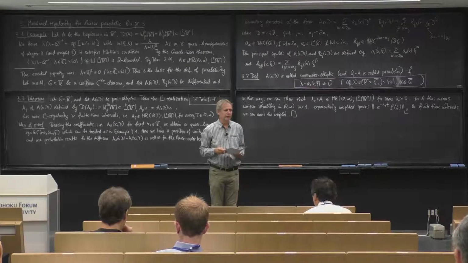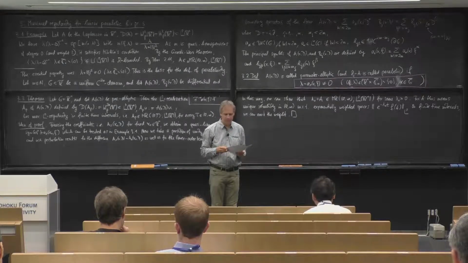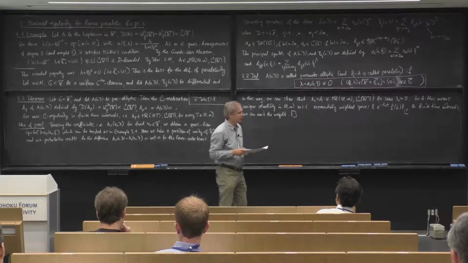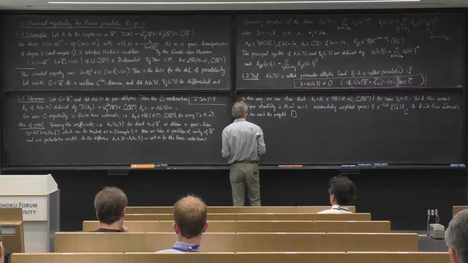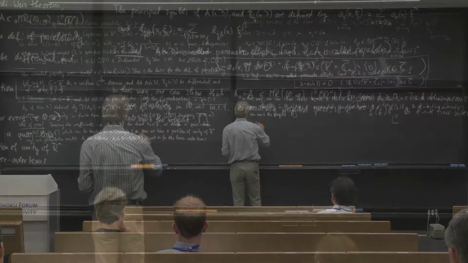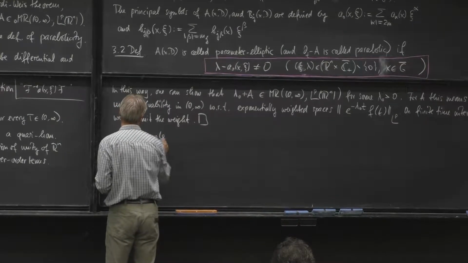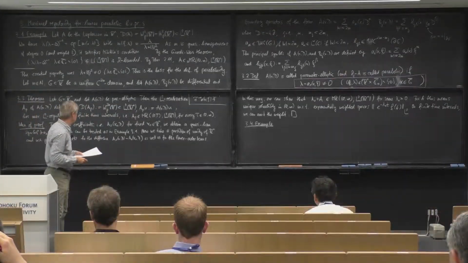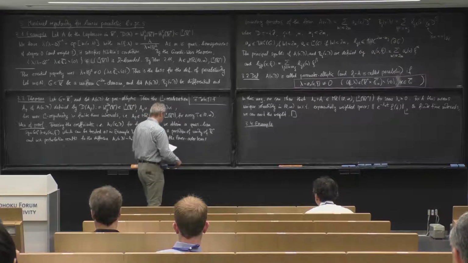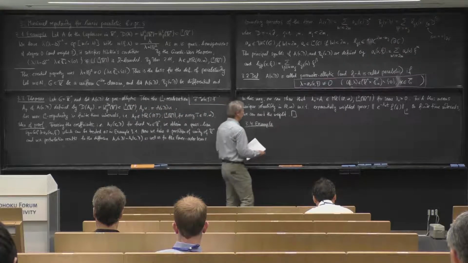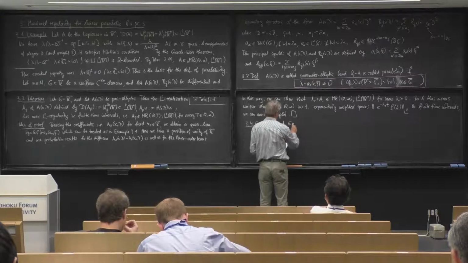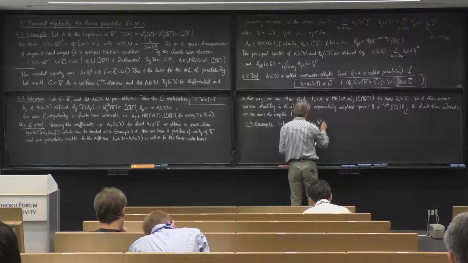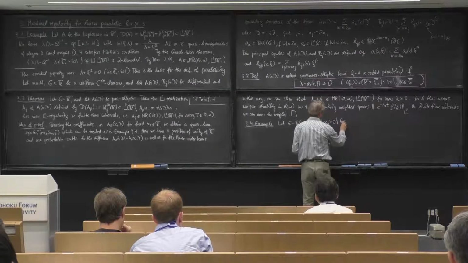Okay, but now we come to boundary value problems. And now it's more complicated because we have to write down the resolvent for a boundary value problem. I want to do this again with an example. Again, I take the simplest example I can imagine, and this is the Dirichlet Laplacian on the half space. Let G be R^n_+, all x in Rn with xn greater than 0, the half space.